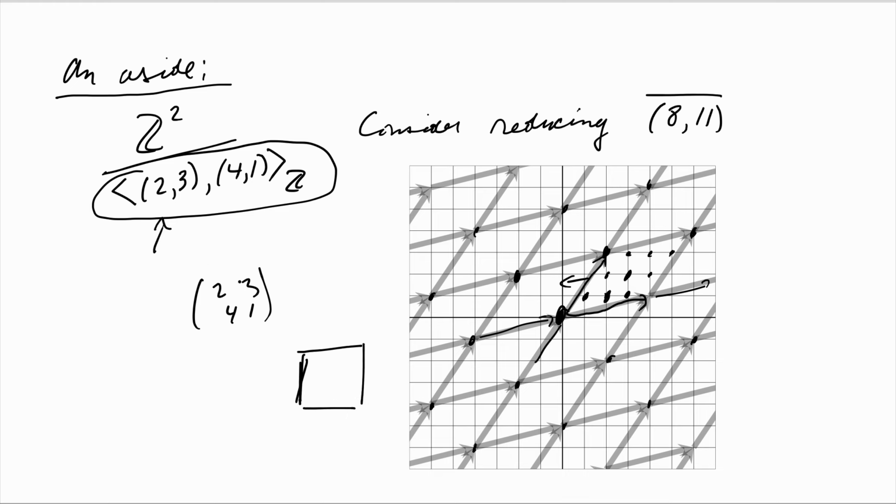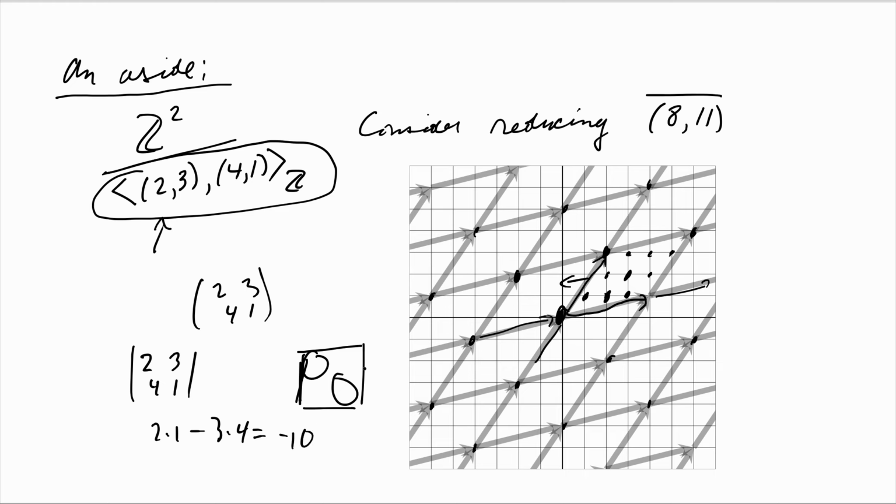You can do that by row and column operations, and then you just look at the product of the diagonals. That's the exact same thing as taking the determinant of this matrix. So 2, 3, 4, 1, take that determinant, and you get 2 times 1 minus 3 times 4. So you're going to get negative 10,